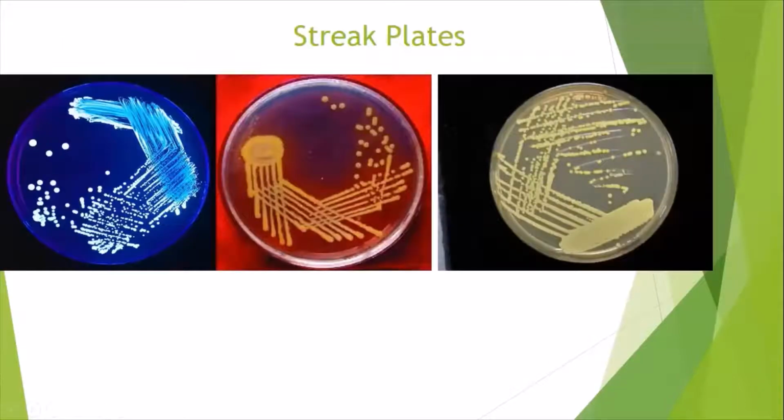I remember yesterday they were doing a streak plate on the agar, and this is how it would look after you've done your streak plate. So this is what we're calling streak plating. I think somebody said that they didn't understand what was being done yesterday. So basically what they were doing was that she was using the inoculating needle, and she was streaking lines